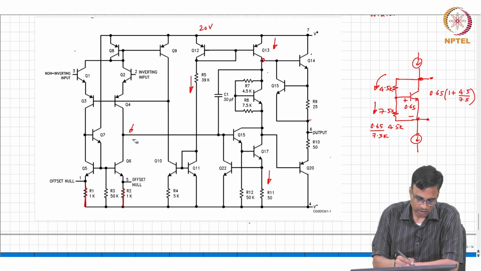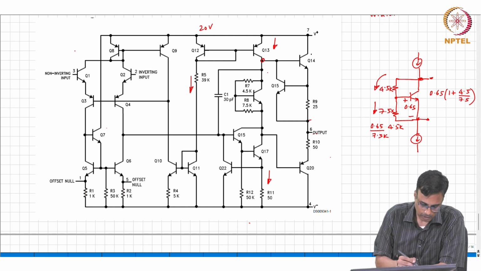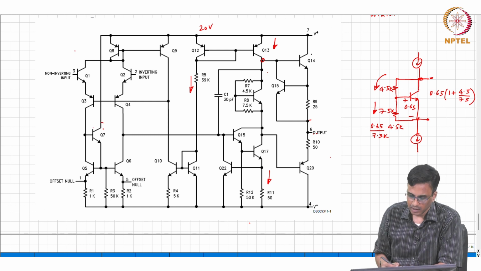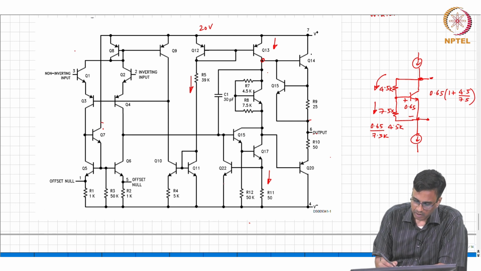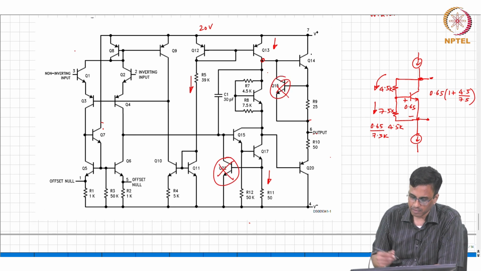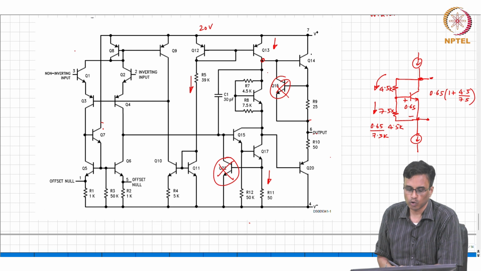Now, let me come to Q7 and why it is there. Under normal operation, Q22 will be off, Q15 will be off. So they do not have any role to play. If everything is working fine, they are just like insurance, so they don't